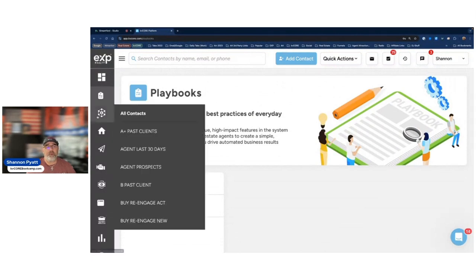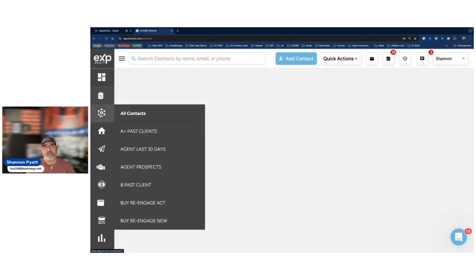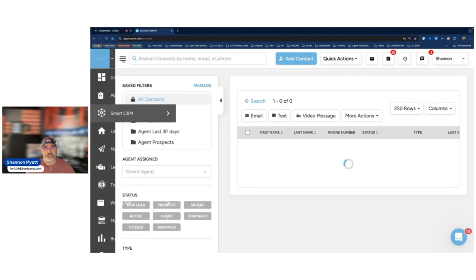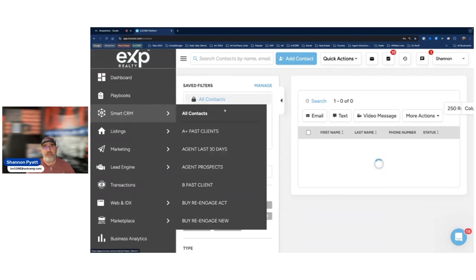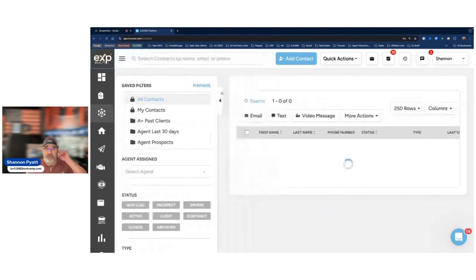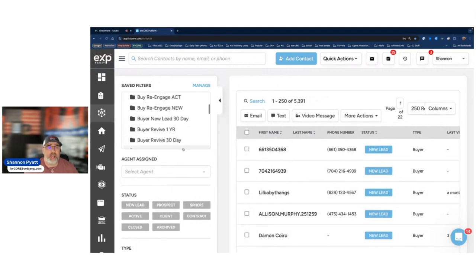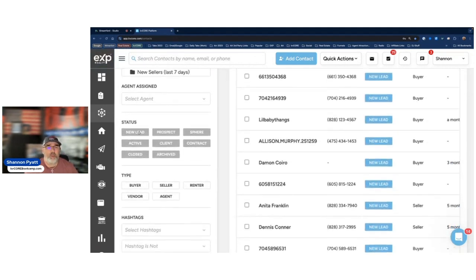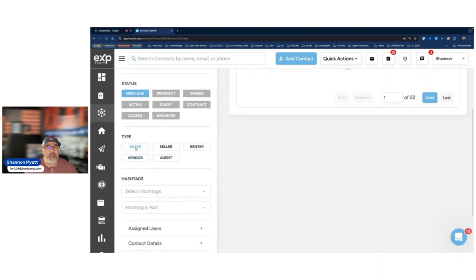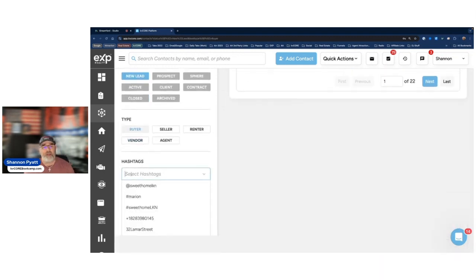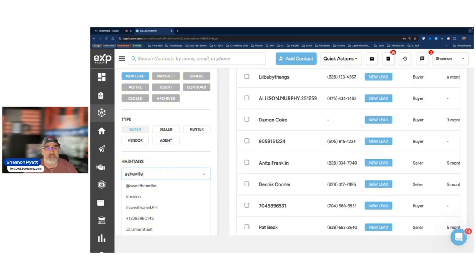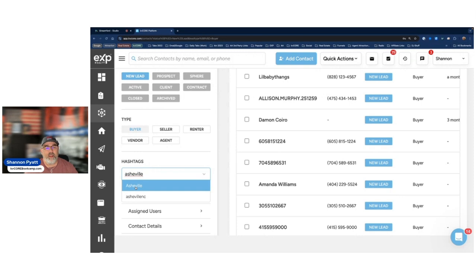So the next thing we're going to go to is the Smart CRM. Okay, and again, if you want to see what I'm doing, just expand that hamburger there. So Smart CRM, okay? Now this allows me to pull up people. Remember I was talking about hashtags before. So now I can actually go in here and say, you know what? I want to look for new leads that are buyers that have the hashtag of Asheville, for example, right? I can do that. I just go in here, and then I click on Asheville,